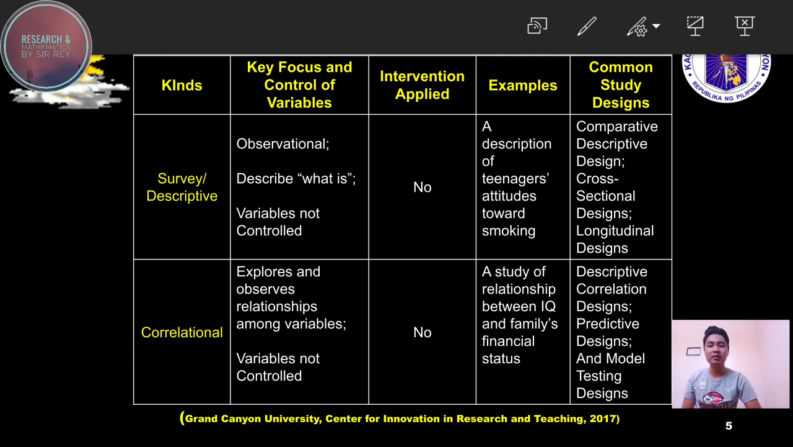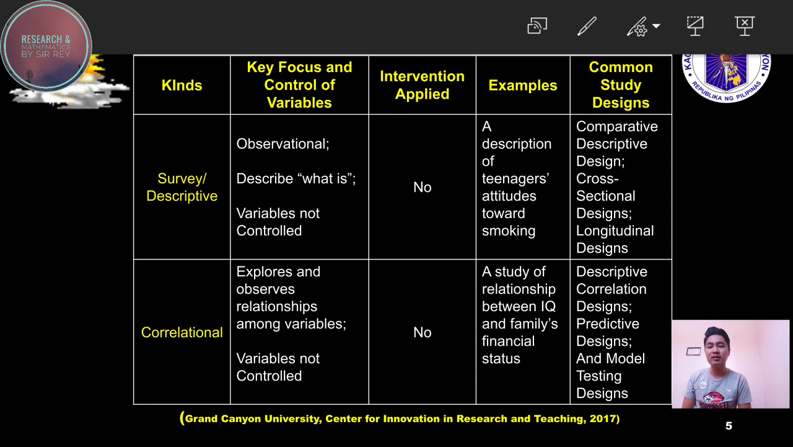Example, a description of teenagers' attitudes towards smoking. So you are just going to look into the attitude of the teenagers towards smoking. It doesn't necessarily mean that you have to correlate the attitude with the smoking or you have to correlate something for the teenagers to tend to smoke. Okay? Then for correlational,